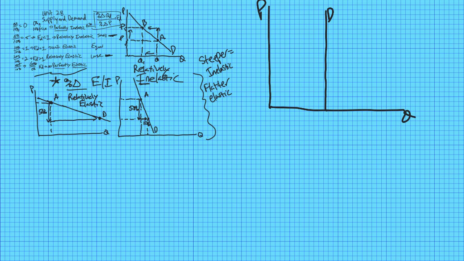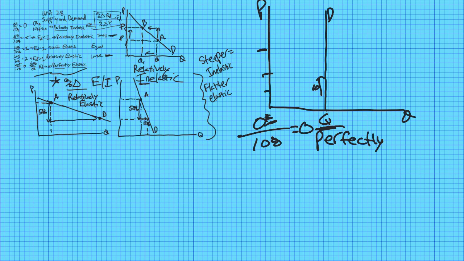Well, what that means is even if the price went up, the quantity didn't change at all. Price goes up, quantity doesn't change at all, right? So what is it called when I have a percent change in price but no reaction? It is completely insensitive to a price change. So if I have a 10% change in price, the price goes up by, let's say, 10%, but quantity doesn't change at all, 0% reaction, well, that equals 0, and that is what we call perfectly inelastic,